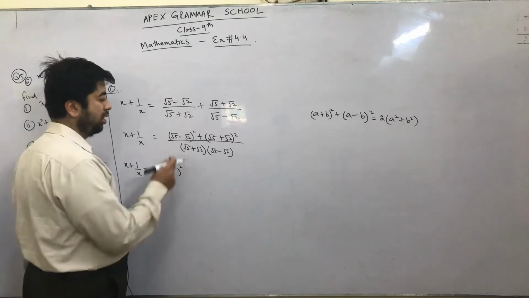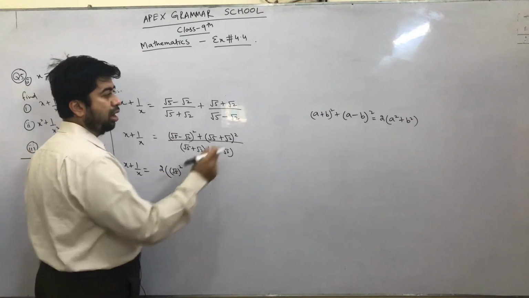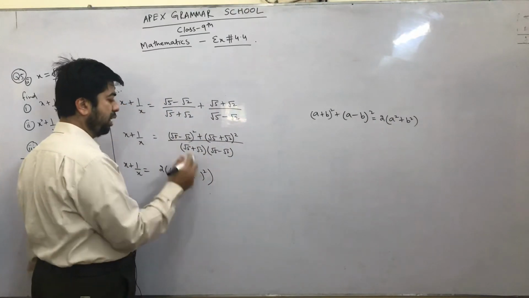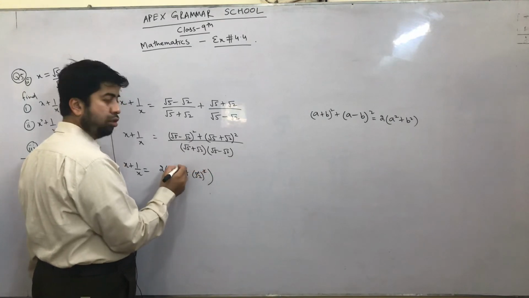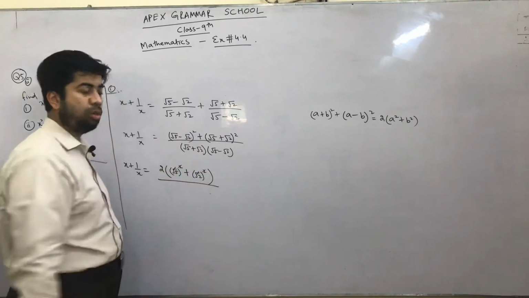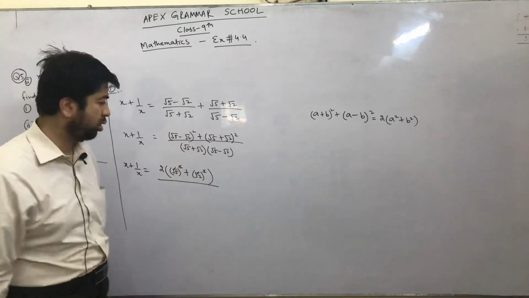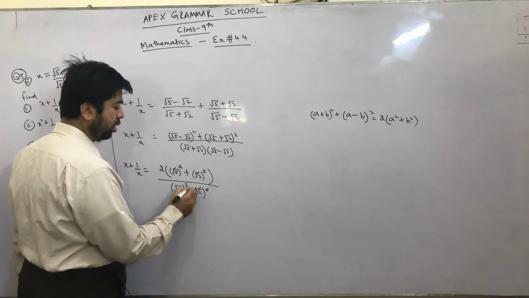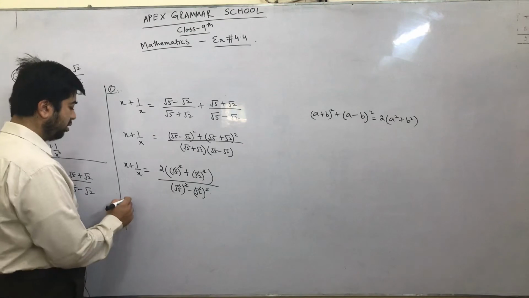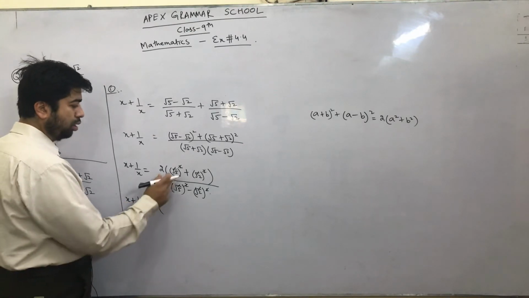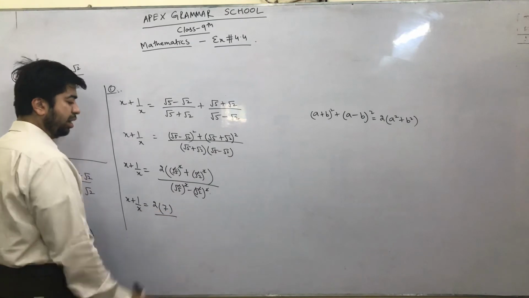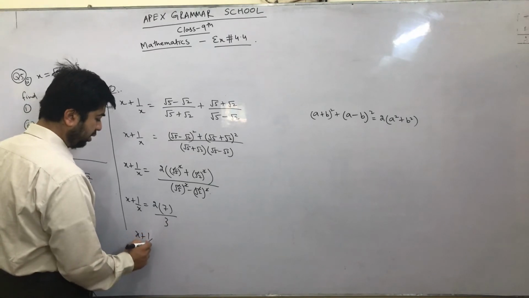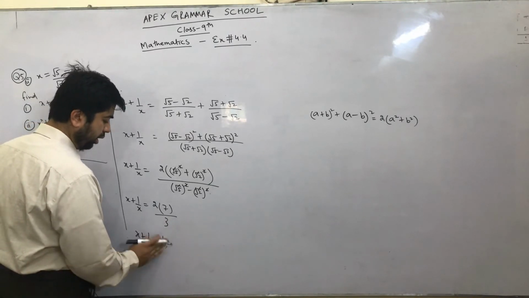What is the value of a? You see that this is square root 5. After that, plus sign and then b square. What is the value of b? That is square root 2. So this square is going to cancel with this square root. And in denominator, you again see that a plus b into a minus b. You better know that square root 5 square minus square root 2 square, that means a square minus b square. So x plus 1 over x is equal to 2 into 5 plus 2, that is 7. And in denominator, that is 5 minus 2, that is 3. So x plus 1 over x, we have it as 14 over 3.